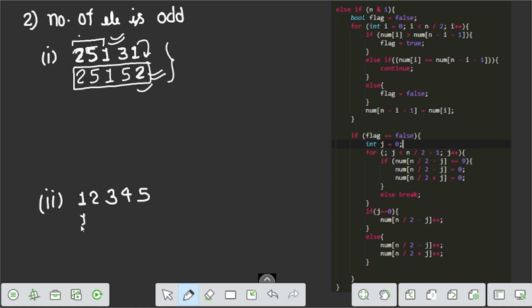If we take 1, we also take 1. If we take 2, we take 2. If we take 3 here, the answer becomes less than. We clearly see that the answer becomes less than for the given array. So here we increase the count because we have to get a greater number.